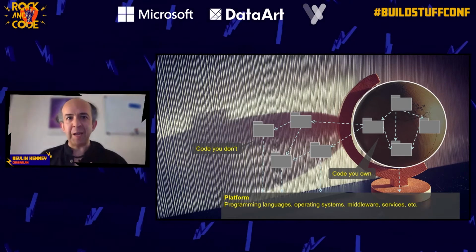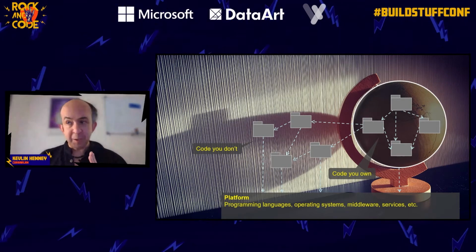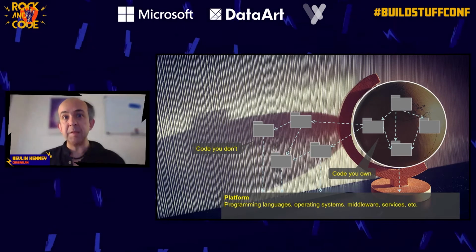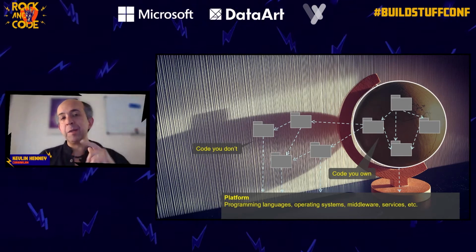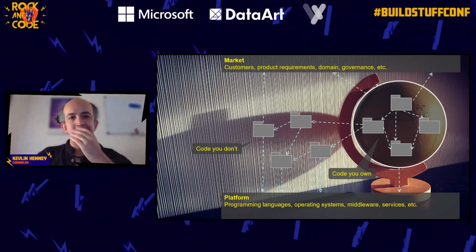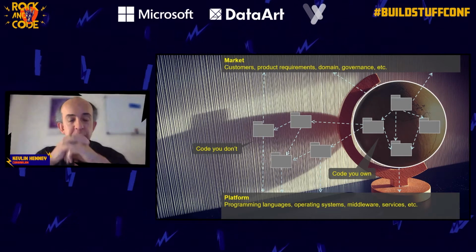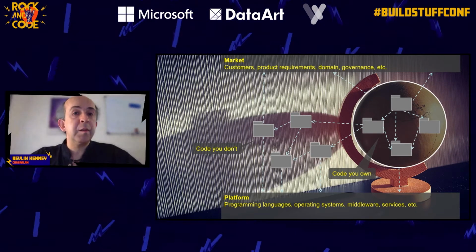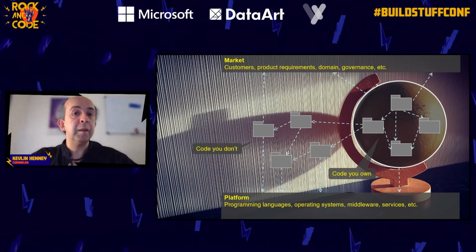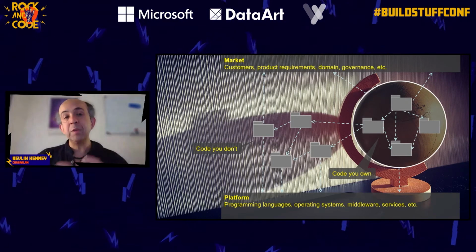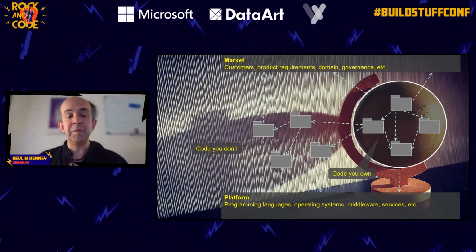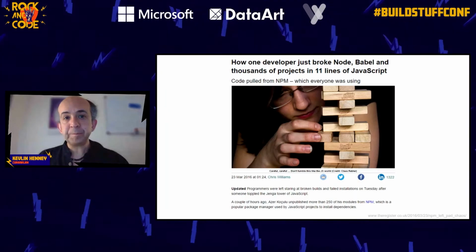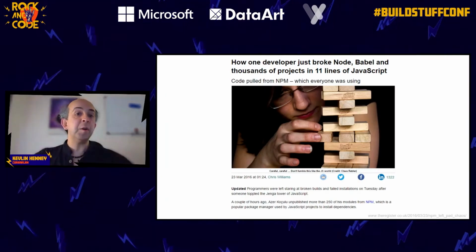It's the whole stack. You call yourself a full stack developer, feel free to use that title, but if you can't tell me about your deep dependency structure, oh yeah, when it's deep, it's also deep the other way. Your deep dependency structure is also your market. You have a dependency on your market. You have a dependency on governance, the rules of the domain, the requirements. This is what your dependency diagram looks like. It's not just importing a few modules. And if you are importing modules, watch out, because this is the blind spot.